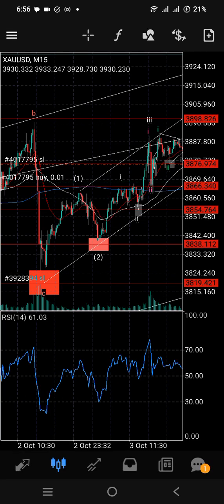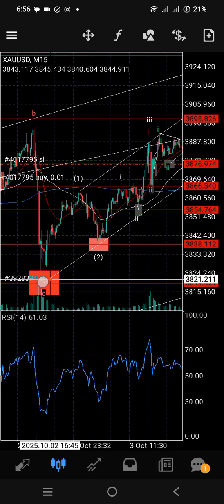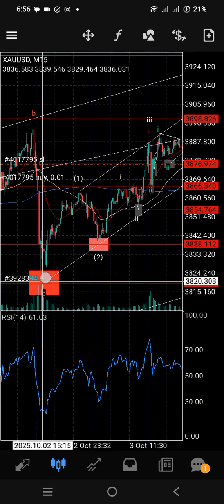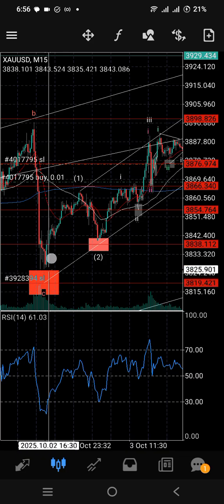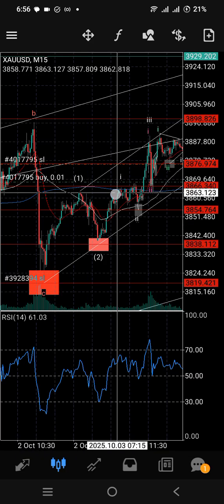Having the minor counts on the lower time frame can be tricky because you don't really see every tick on the 1 minute. There are still ticks of 1 second, so it can be a bit difficult to count. So it's better to just count the structure. That's why I said I was not particularly able to count this as a 5, but in hindsight we can say 1, 2, 3, 4, 5. It's messy, but it's what we have.